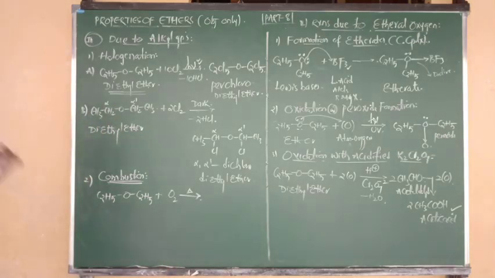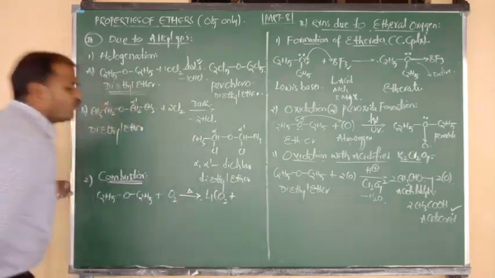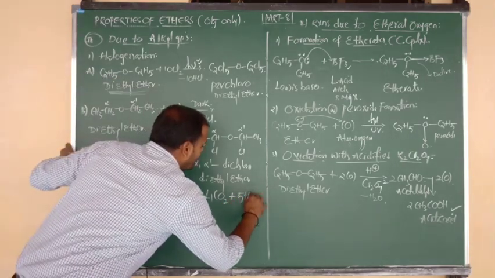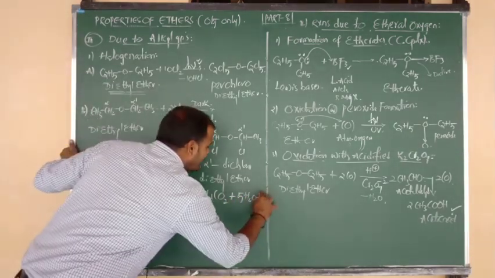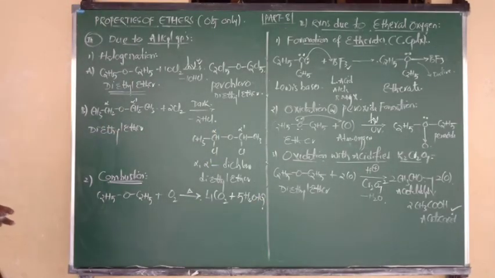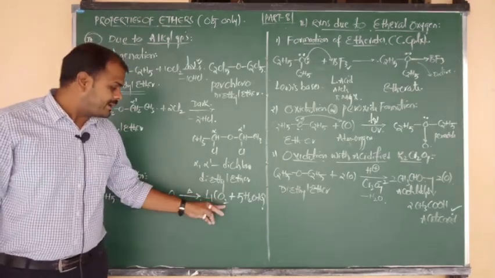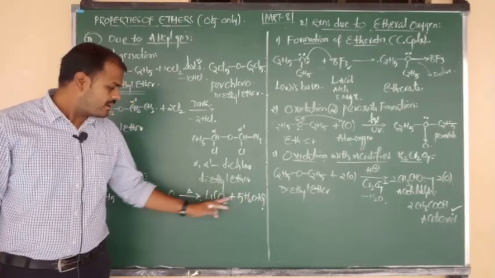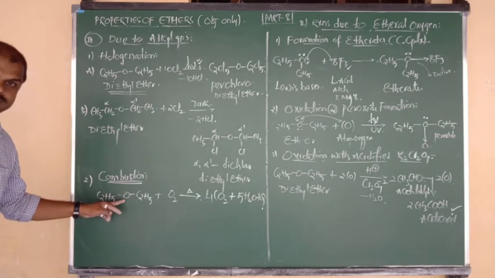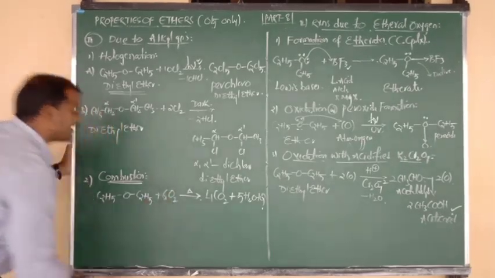Carbons must change into carbon dioxide, so here total 4 carbons are eliminated in the form of 4 moles of CO2. And total here 10 H atoms are there, and they are eliminated in the form of 5 moles of water molecules. Along with that, here we have to mention the condition plus Q, nothing but the reaction is exothermic, beta. Now we have to check the balancing of oxygen atoms. Yes, 4 times 2 is 8 oxygens are there, and here 5 oxygens are there. 8 plus 5, 13 oxygens. But here one of the oxygens was already present in ether. Remaining required 12. So we have to write 6 moles of O2.